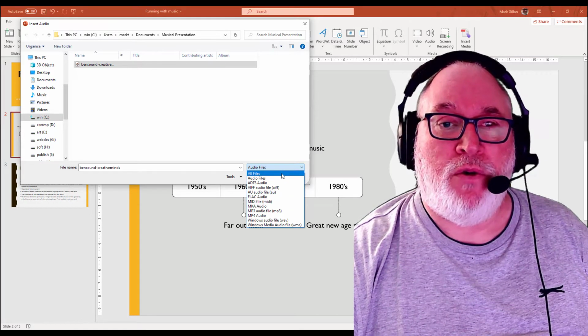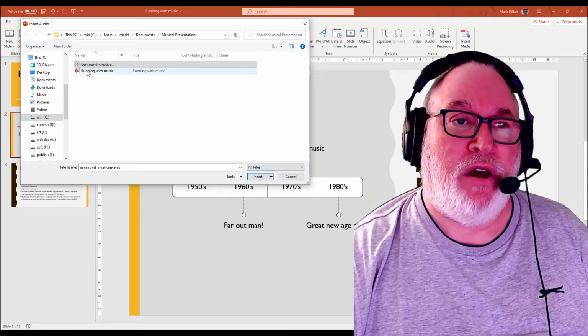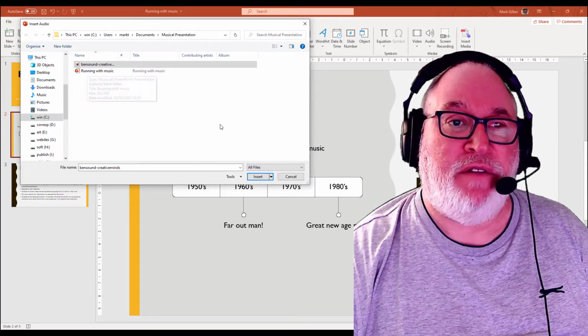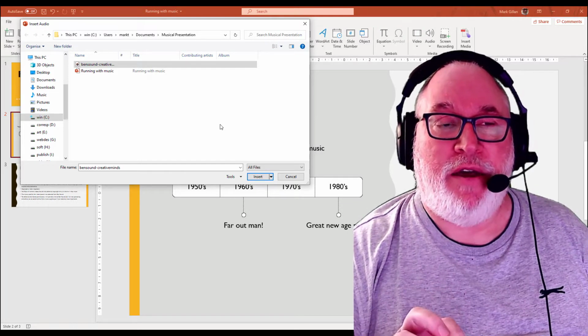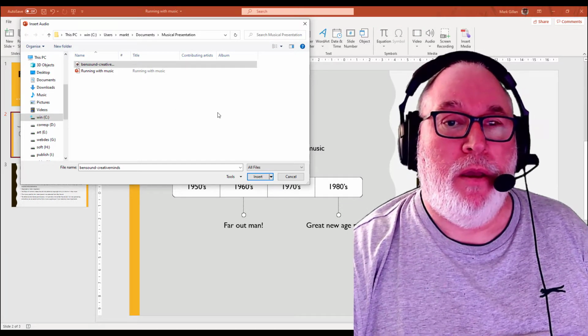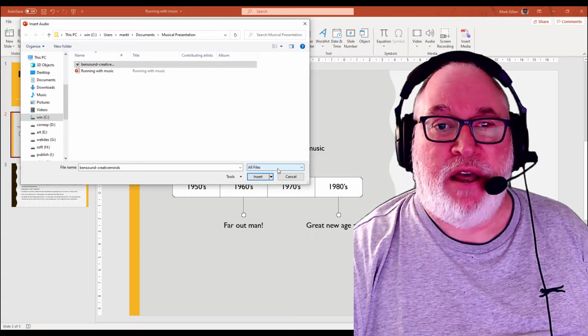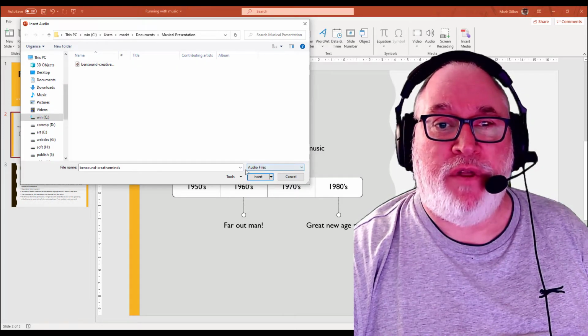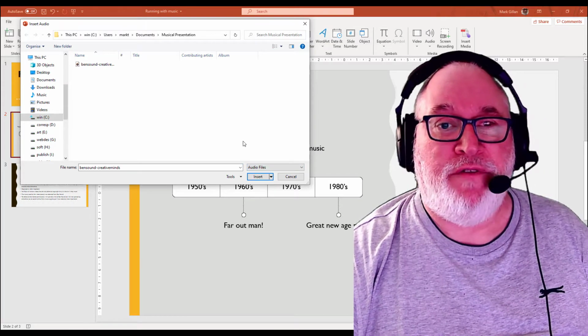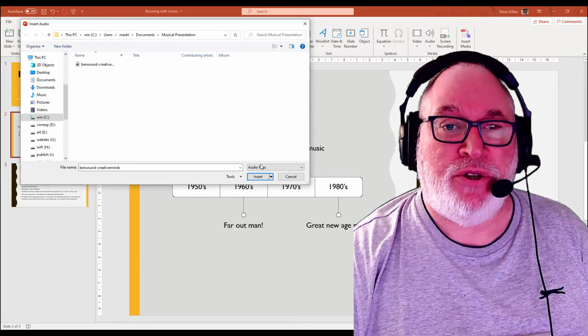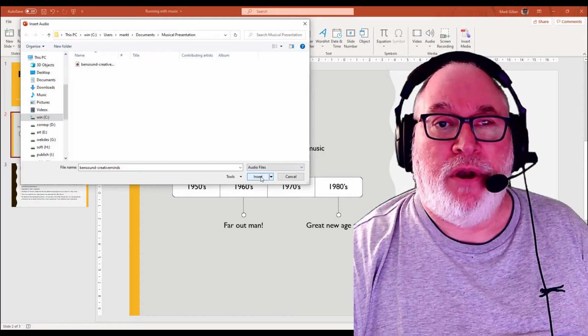So just to show you though, if I put all files, I want to show you that I've got the PowerPoint presentation saved within the same folder. So I've kept the files together. Right, so I'm going to insert that file. As I said, the default there was audio files. So you would search on your PC for where your file is that you want to insert. You can insert,